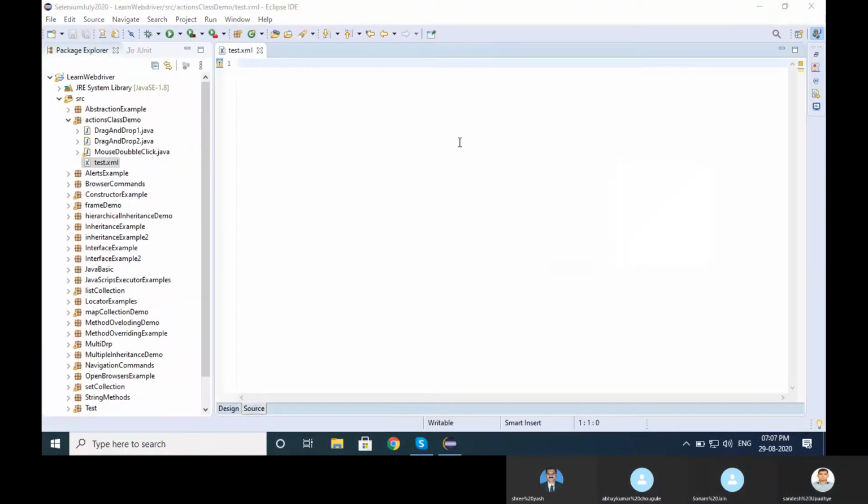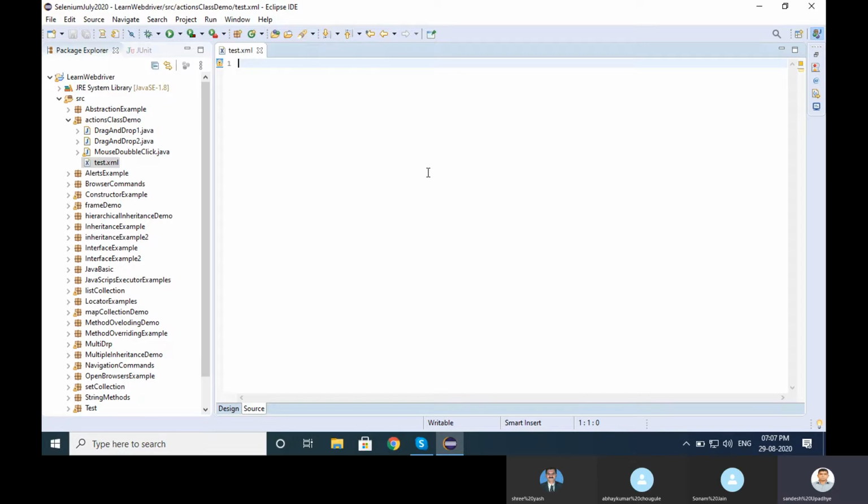Okay, so I have already created one package, action class demo. I'm creating one XML, basically one HTML, where I want to take three text boxes. I will create one HTML and show you what I want to show you.